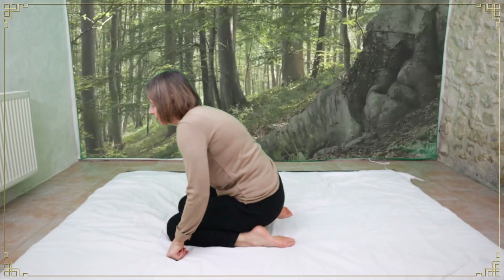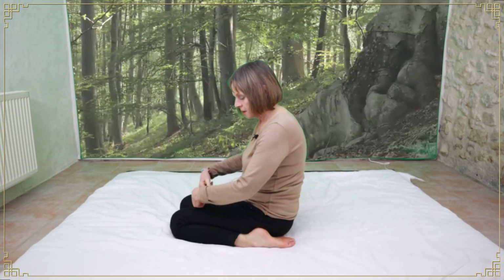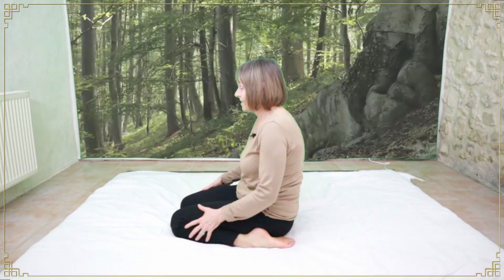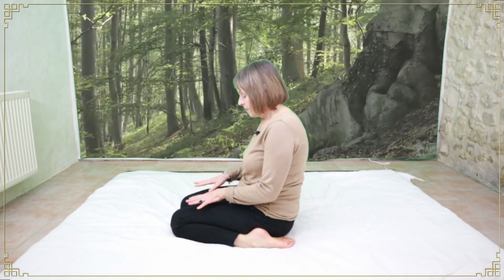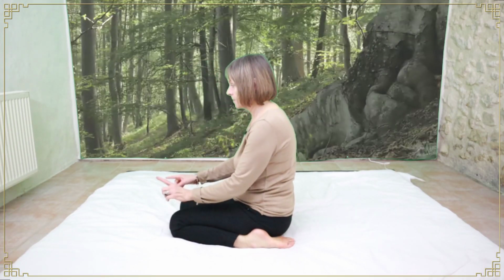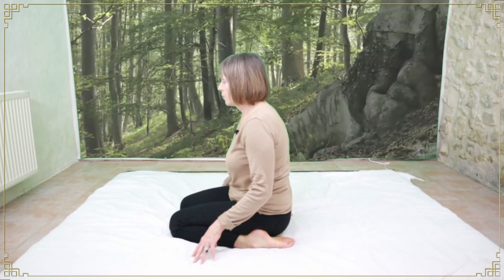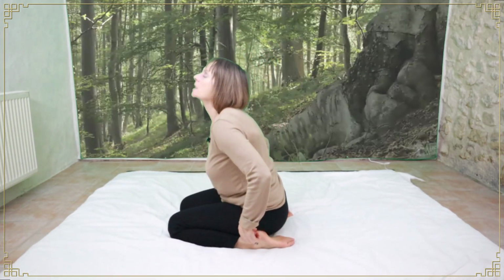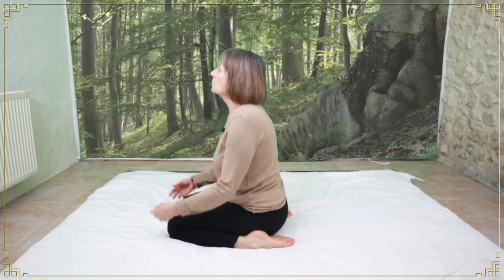Often you see little children sitting like this. They have a lot more flexibility in their legs and ankles than we do. But if you're able to sit on the floor and it's fine for your knees, maybe that's enough. But if you want to practice being a bit more like a child and stimulating your ankles, then just do a little bit of